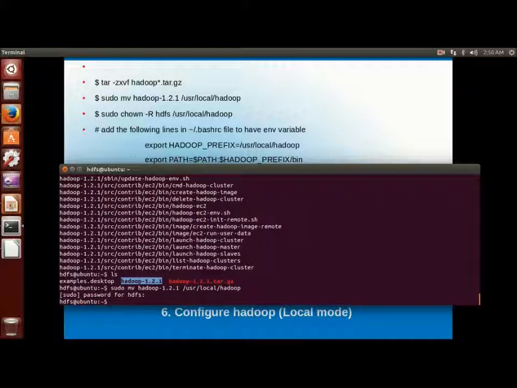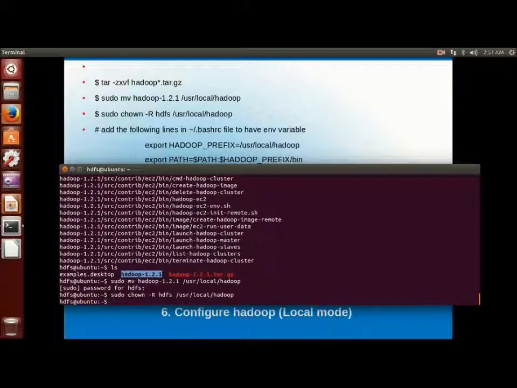Because /usr/local is owned by root, I have used sudo mv, and I have changed the owner of /usr/local/hadoop to the HDFS user. Now the hadoop directory under /usr/local is owned by HDFS.